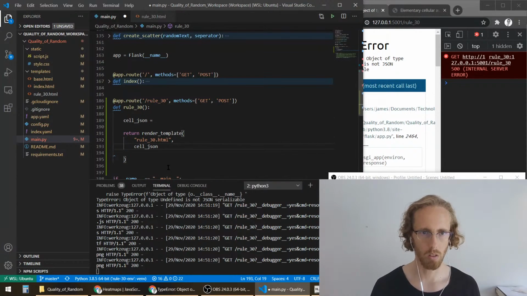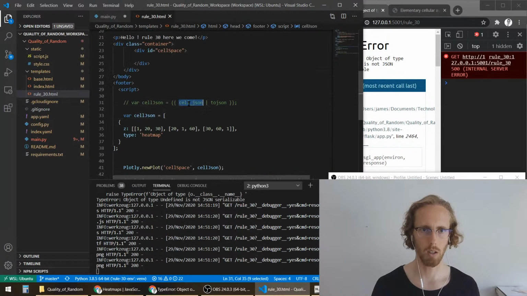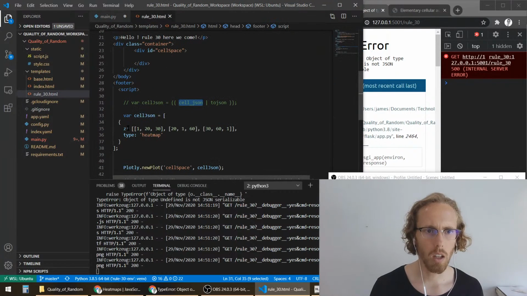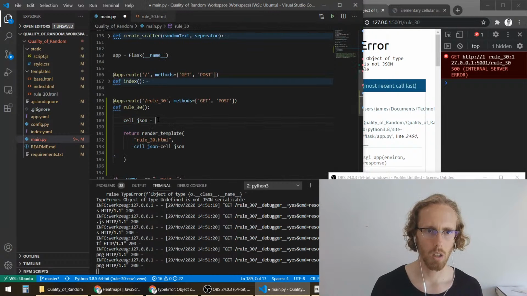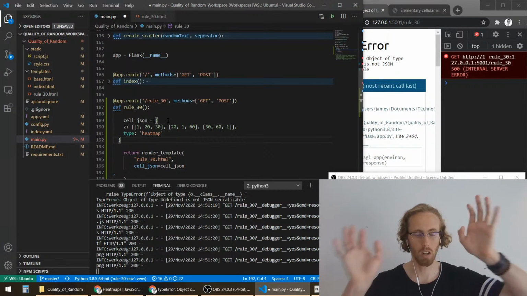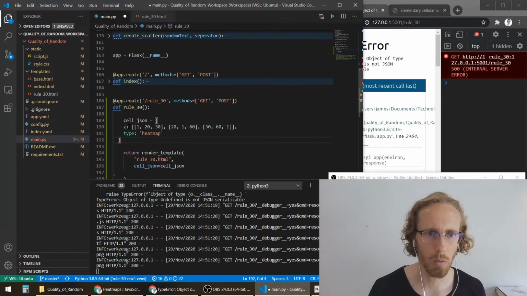I'll show you what this is supposed to look like, so that you know for next time. When it comes through, it needs to match that word to that word, and this is the data that goes in there, and this data is going to be something like this. So a Python dictionary, I think, is directly transferable into JavaScript, sort of, except what you need to do is this